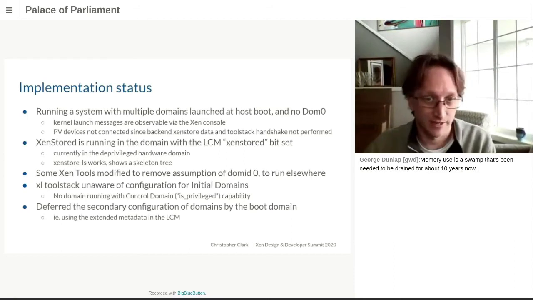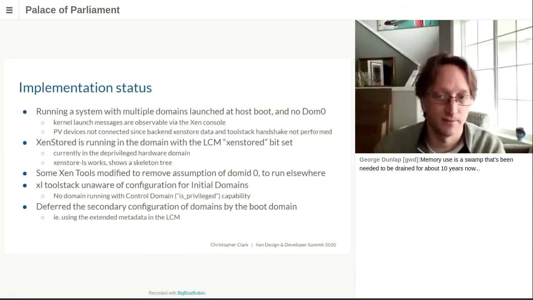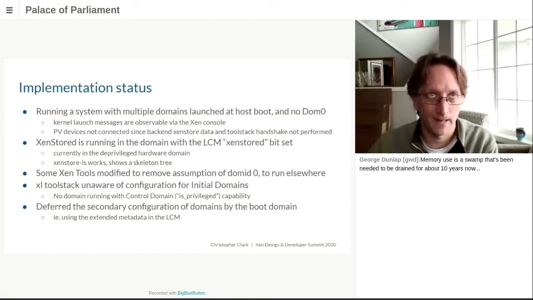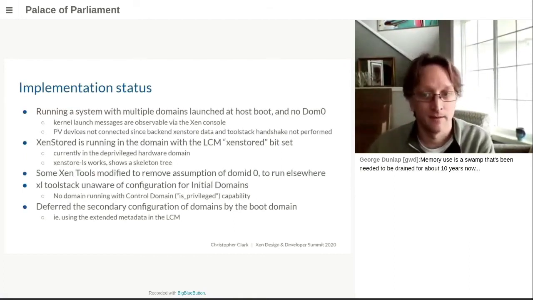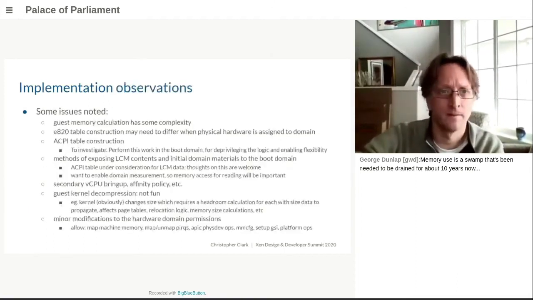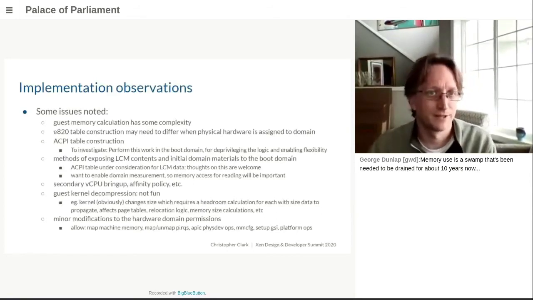There are some other modifications you need to remove assumptions of DOM0 in the Xen tools. And yeah, at this point we've deferred making the secondary configuration of domains by the boot domain actually happen, to come back to that. So a set of